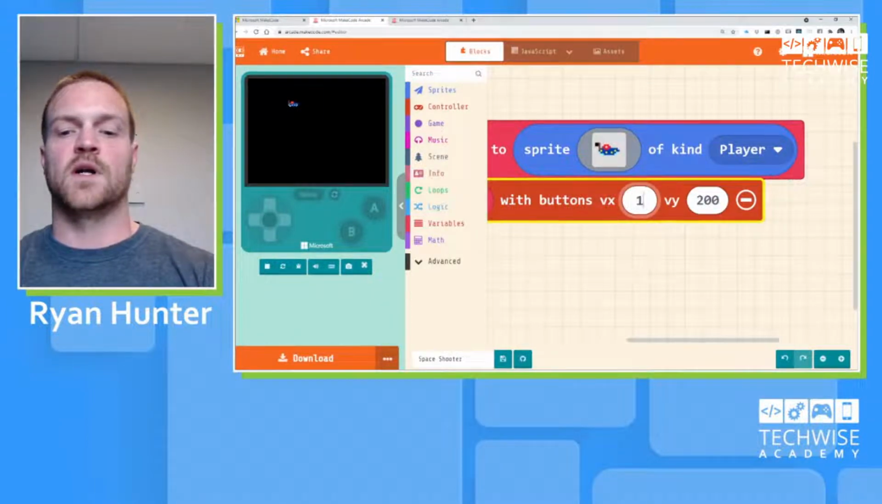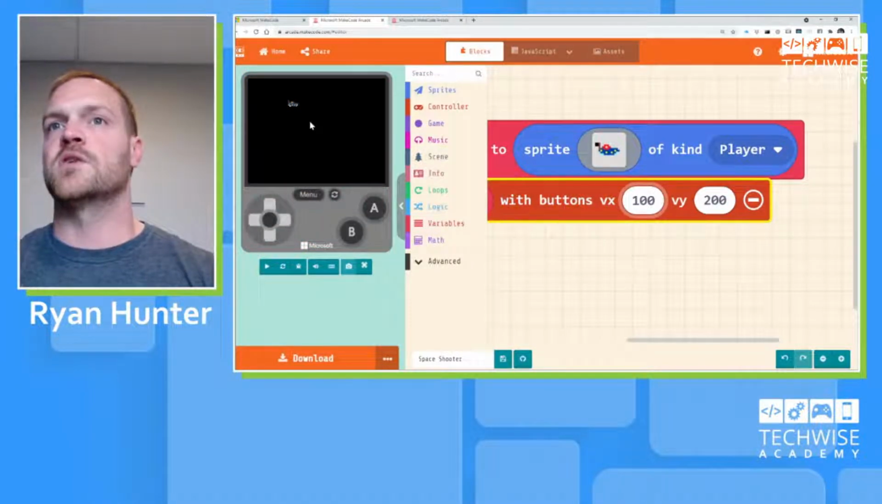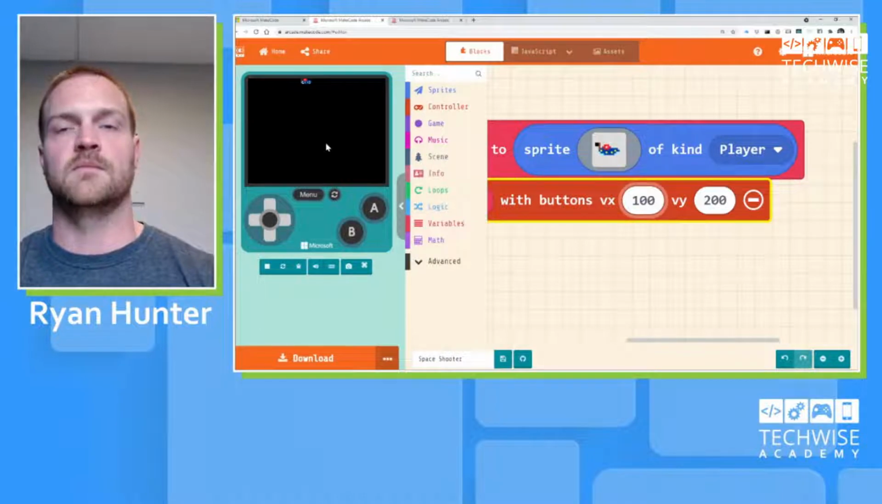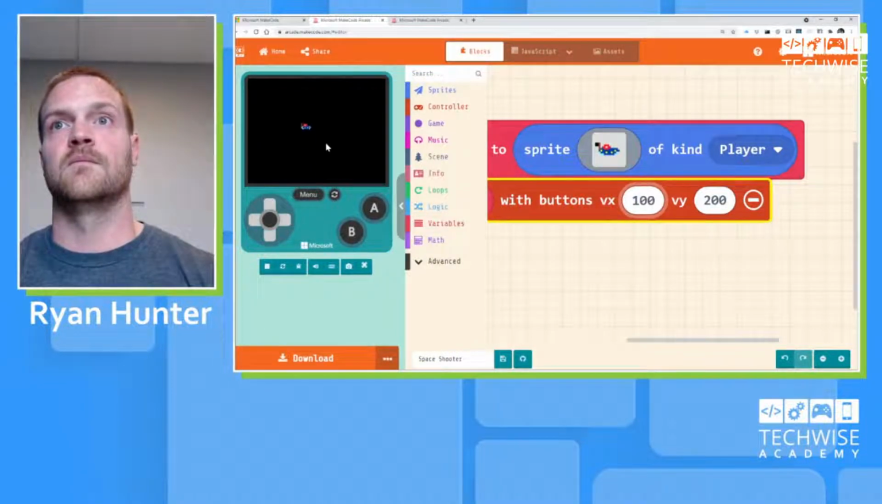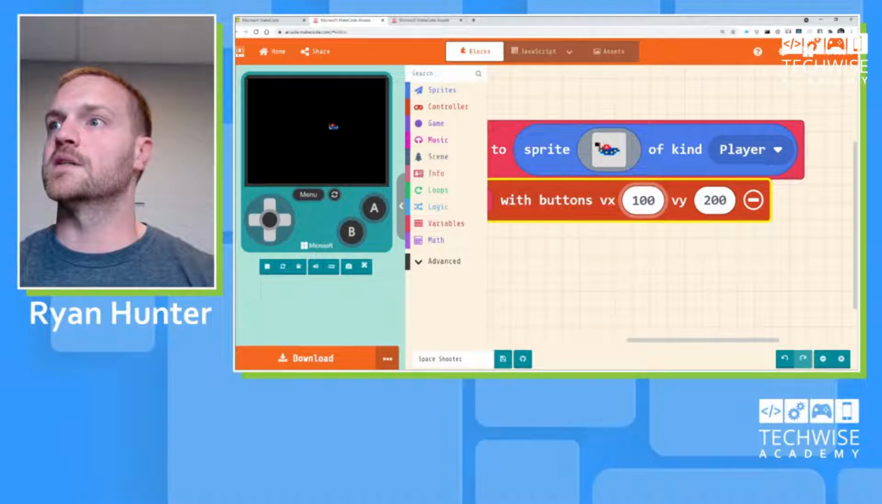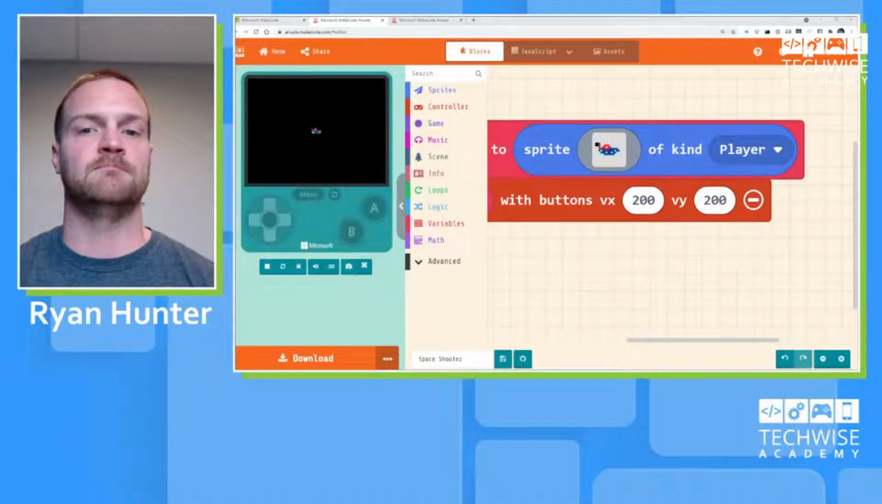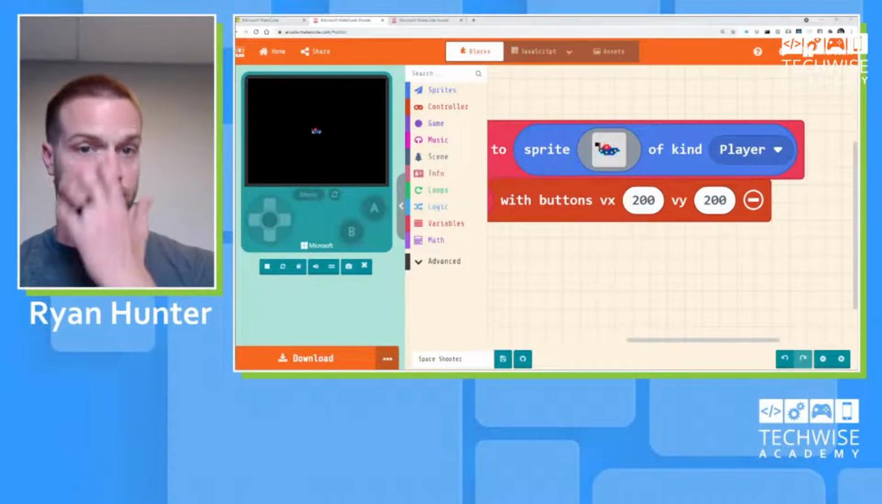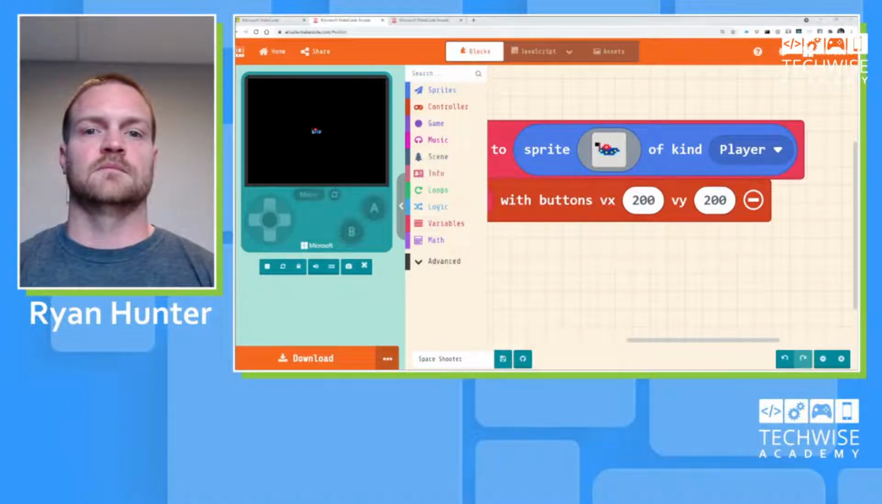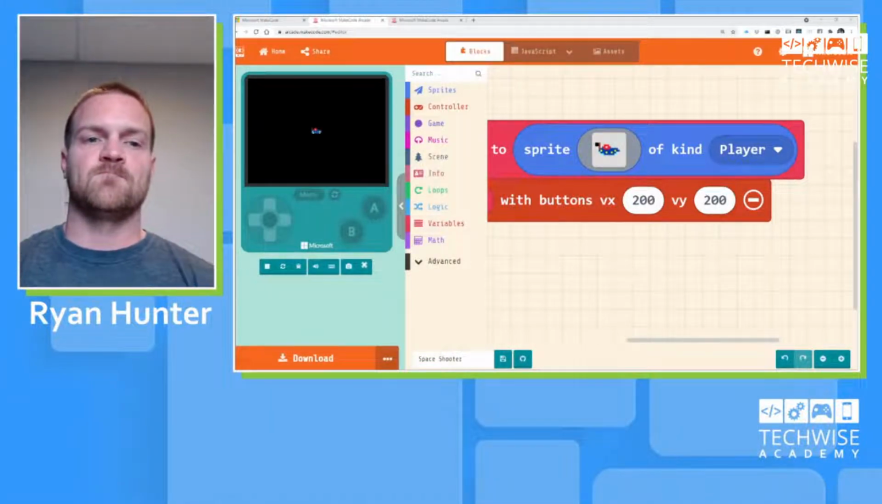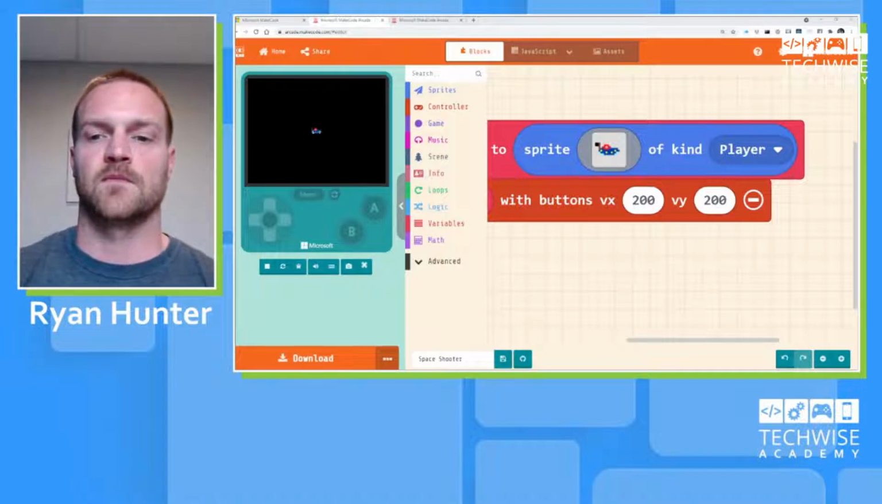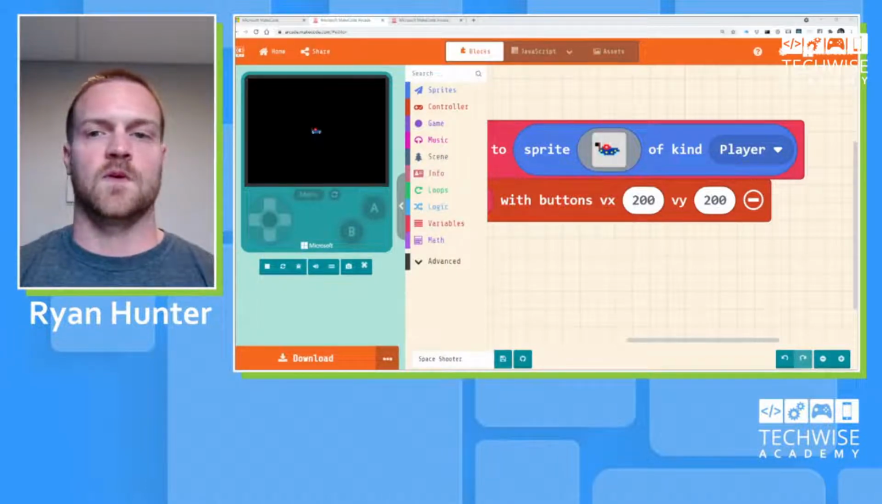So if you're at 100, say I put 100 in the X direction and 200 in the Y direction. See, I'm moving much slower left and right than I am up and down. So that just shows you that one is the left and right, one is up and down. I don't want to have them both the same for right now because our spaceship should be able to do that. Okay, so let's